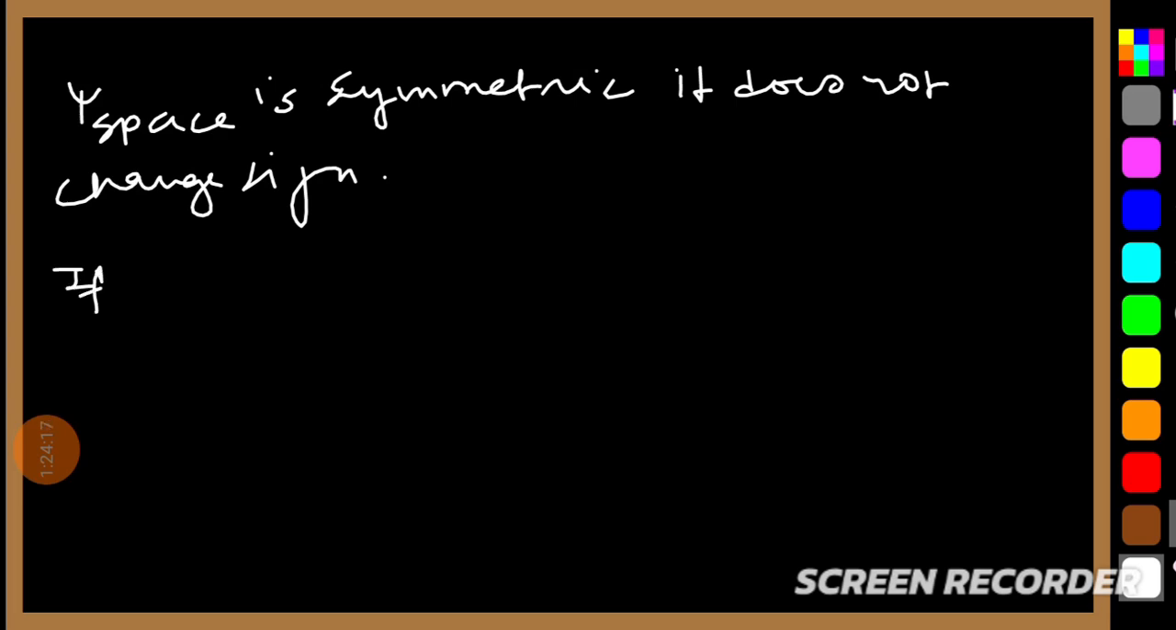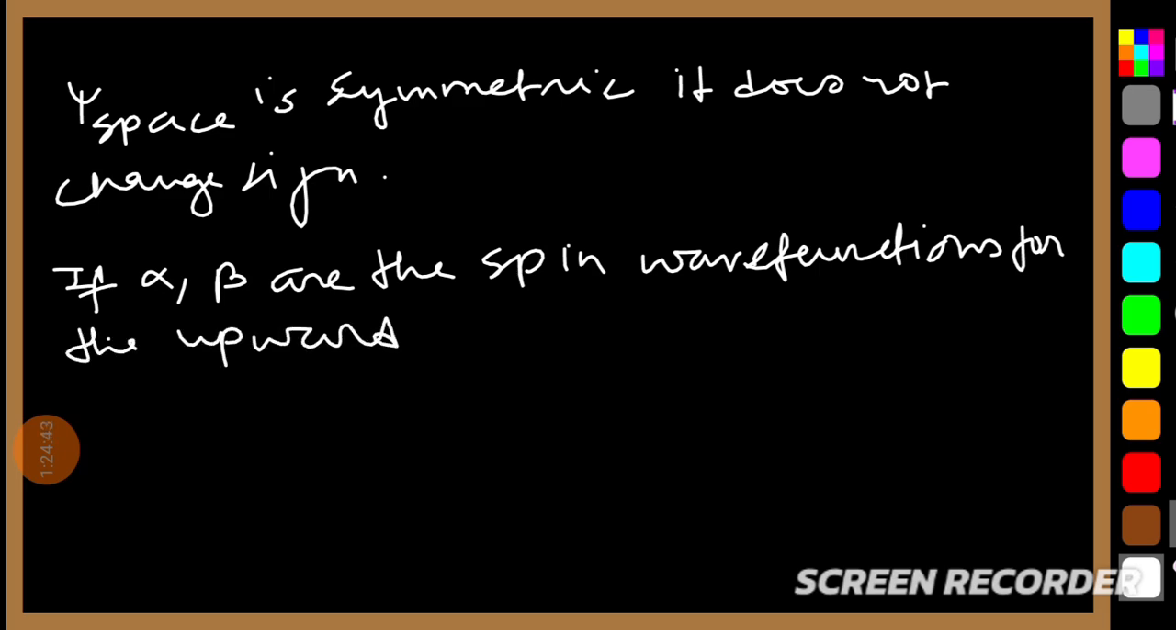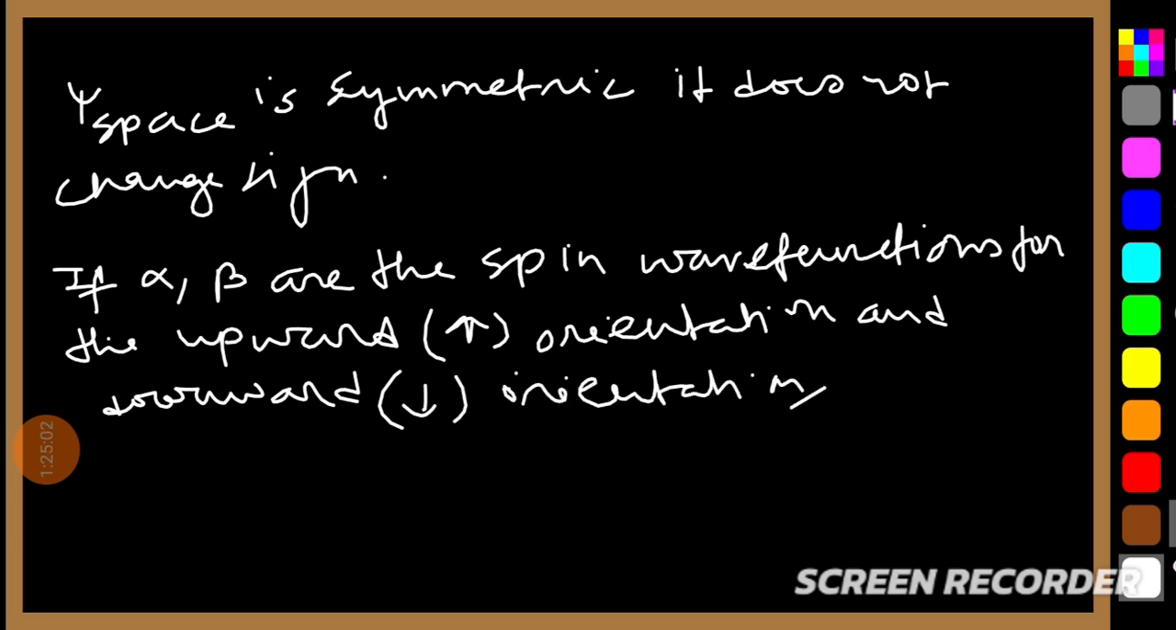So if alpha beta are the spin wave function for the upward, that must be this orientation, and downward this orientation. Okay, so you get overall কি পাবে